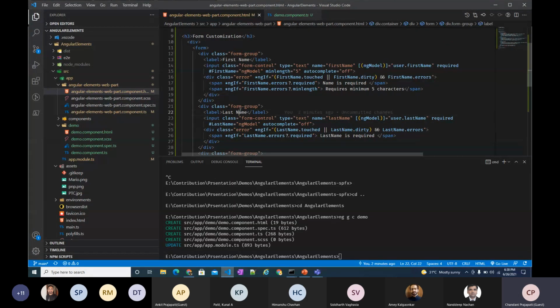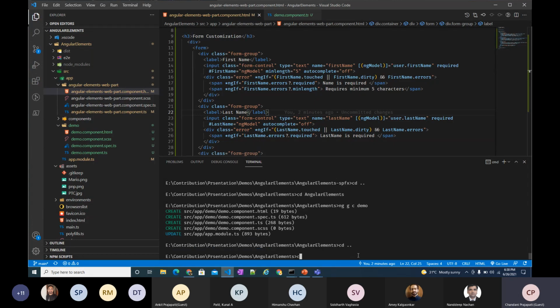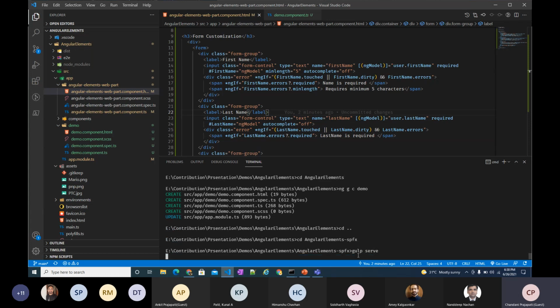Now let's see how we can use this Angular element in SPFx. Okay, so we will move to the SPFx folder and we will run gulp serve.